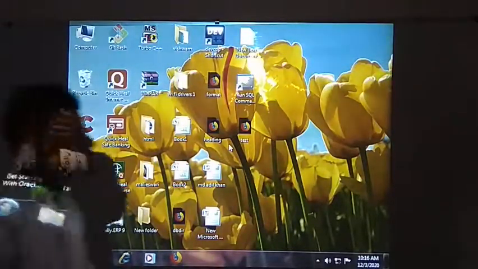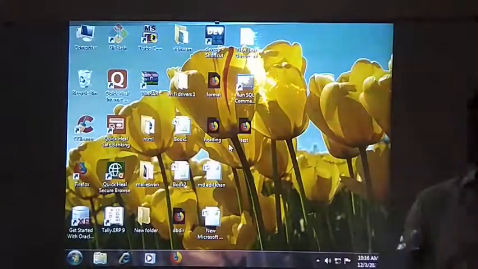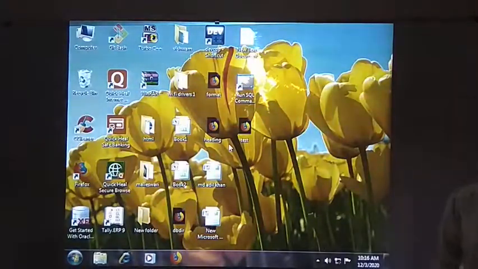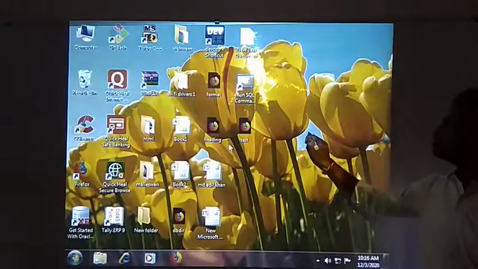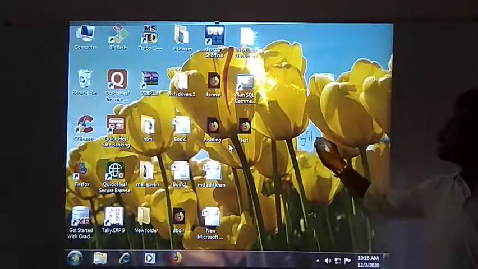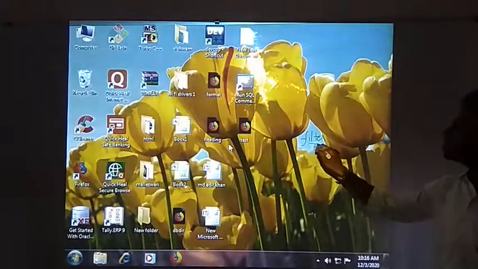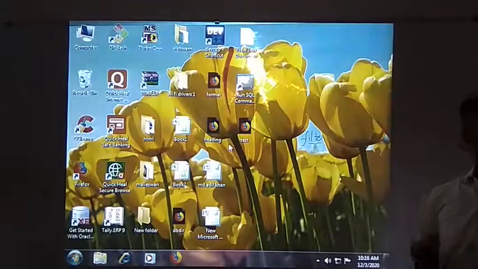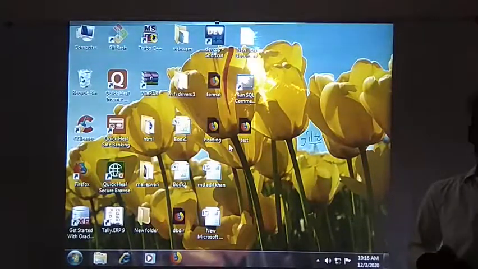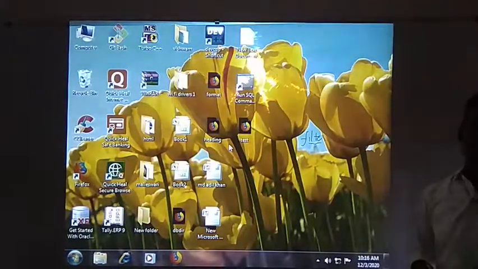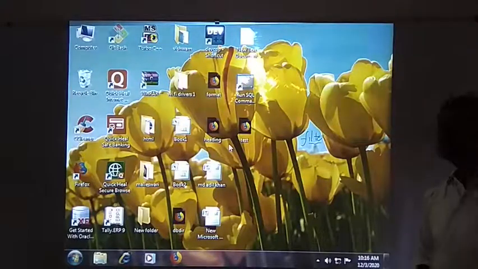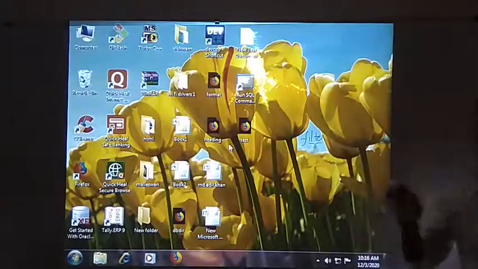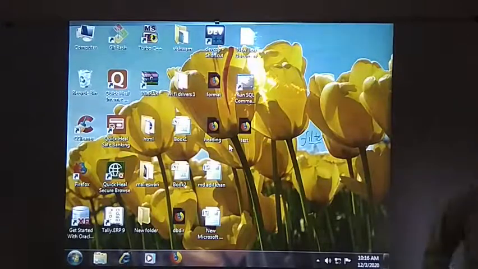In our previous lecture, we saw how to sort the data in your table. In today's session, we are going to see one more option called filtering. You already know about filtering. Why do we need to filter the data? In order to see the required data. Unnecessary data will be removed from your content, so that you can see only the data you want to see on your worksheet or table.